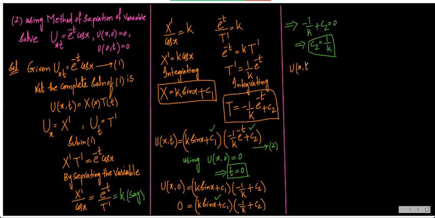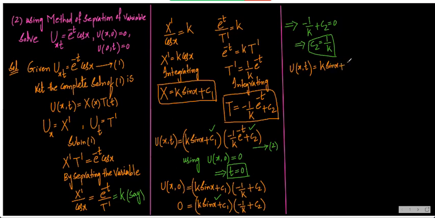U of x comma t is equal to... we got the C2 value. U of x comma t, again I want to write this one. We substitute C1 and C2 together later on. Again I am writing this one,